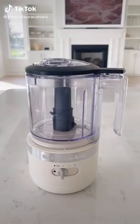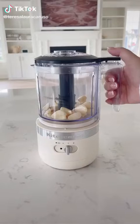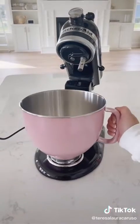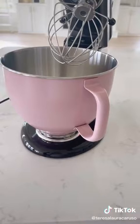Kitchen gadgets I love. First up is this wireless food processor that can chop food in seconds. All you have to do is press down lightly on the handle and it does all the work for you. This KitchenAid bowl attachment adds a fun pop of color to my kitchen, and I love this particular bowl for